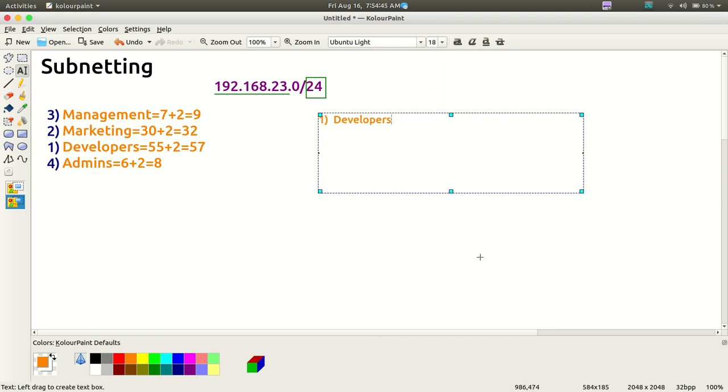So developers का calculation ऐसा होगा कि the developers का start IP address होगा, end IP address होगा, और इनके पास सबनेट मास्क होगा. ठीक है. अभी स्टार्ट आईपी एड्रेस डेवलपर्स का एक बात तो फिक्स है,